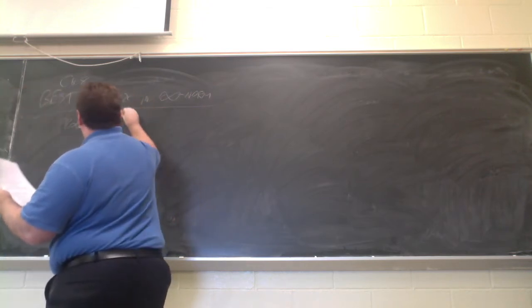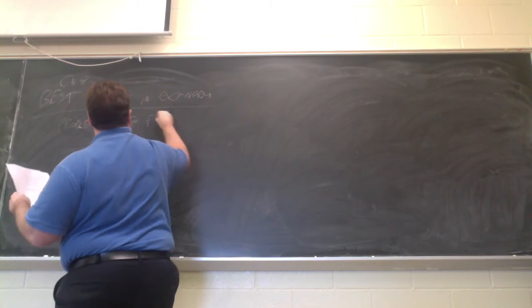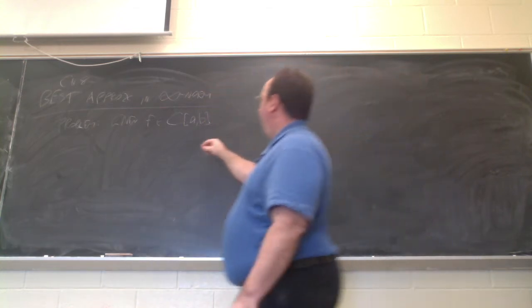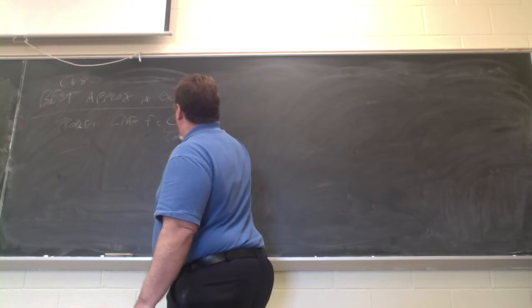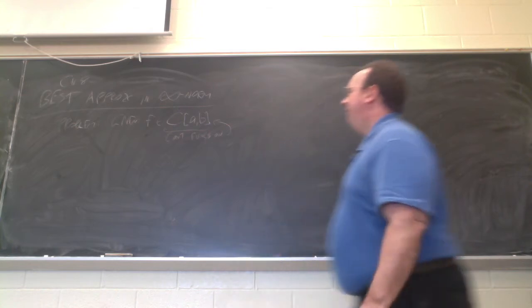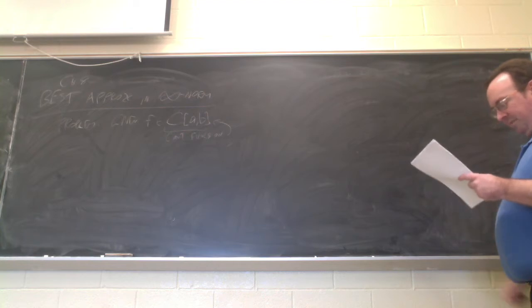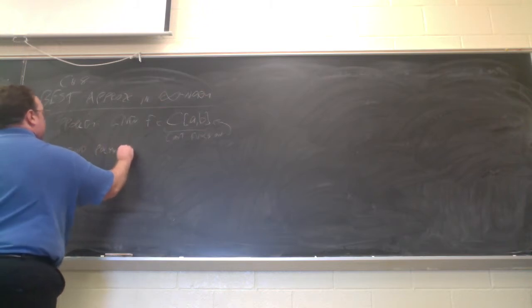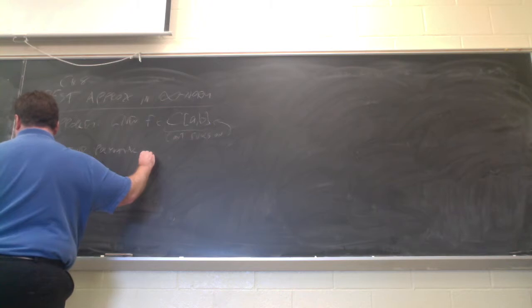Okay, so if we're given some function f that is in this vector space, and I defined this last time, this is the continuous functions on the interval AB. So this is very standard notation that you need to know. So given such a function, we want to find a polynomial P